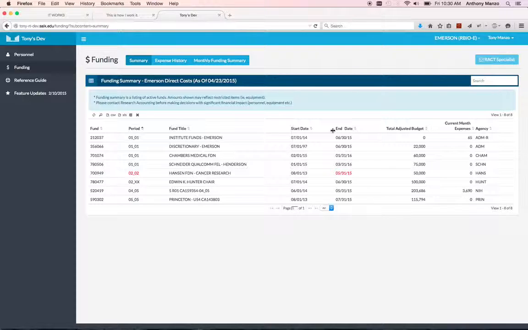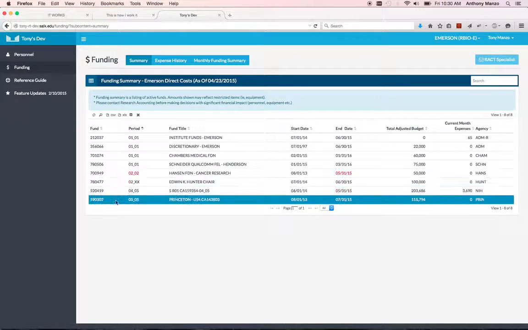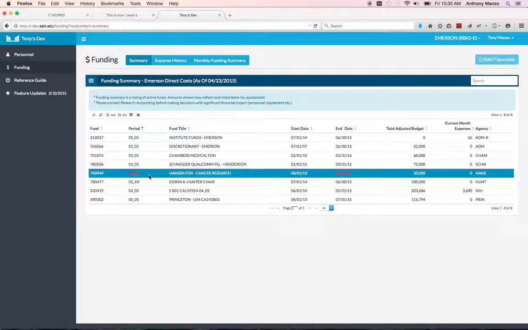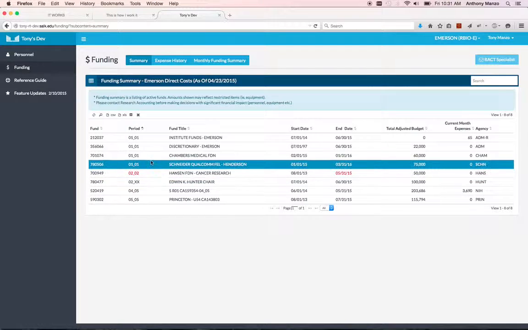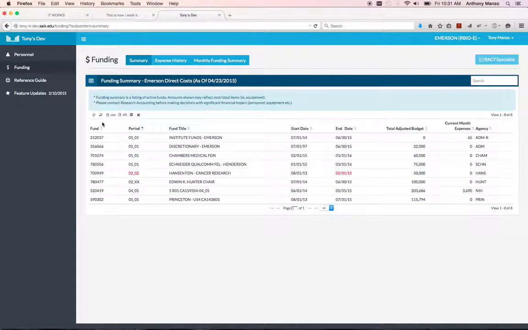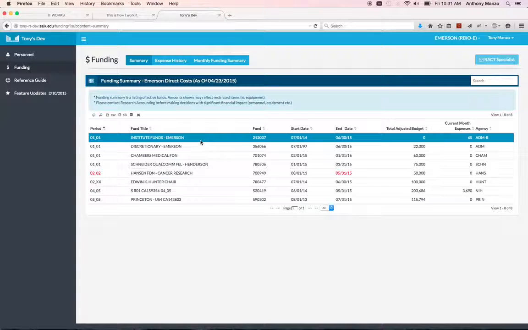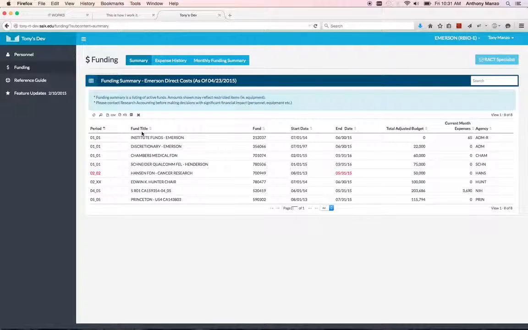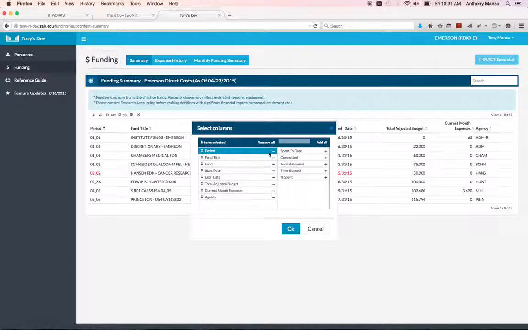This is a jqGrid using JSON back and forth to our Zend framework backend. And there are some sticky components to it. For instance, you can change the column sorting, column